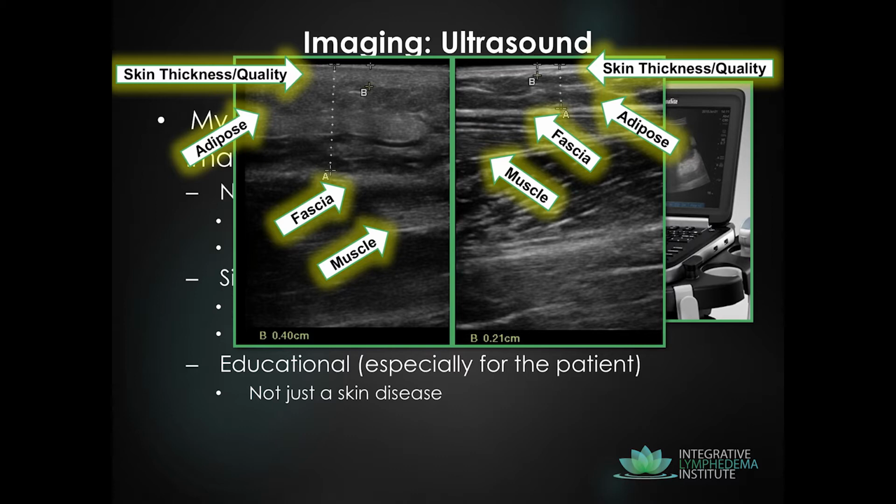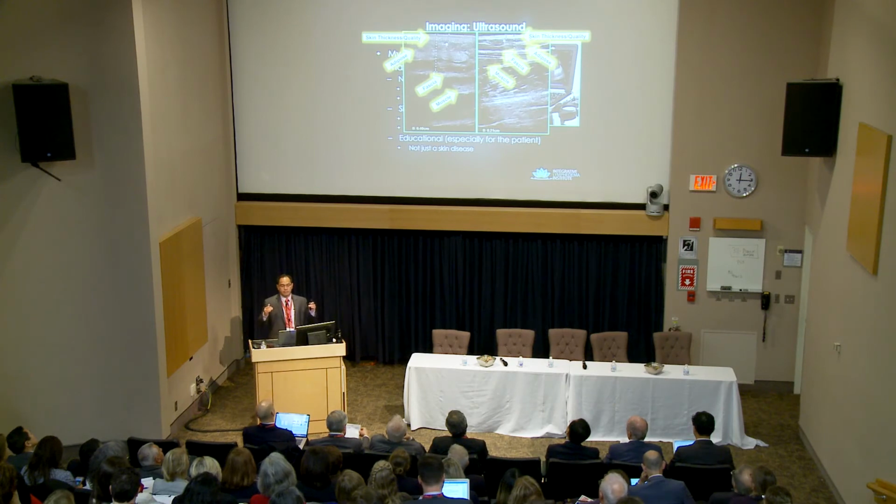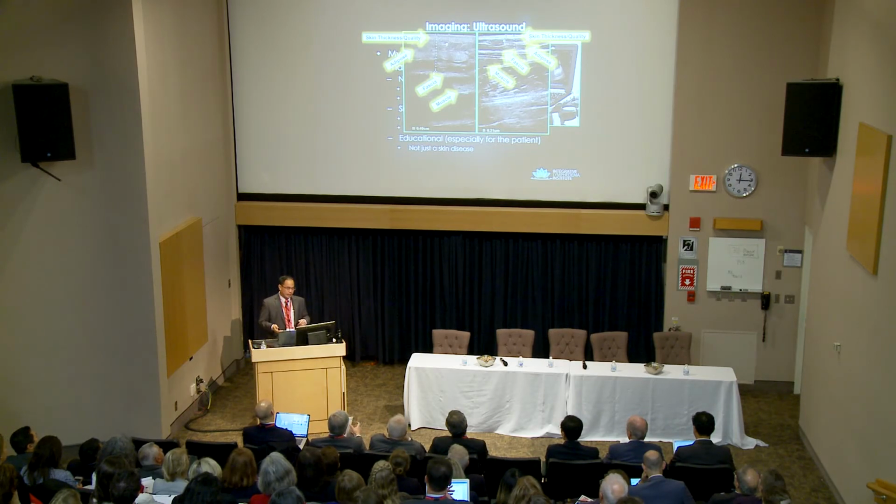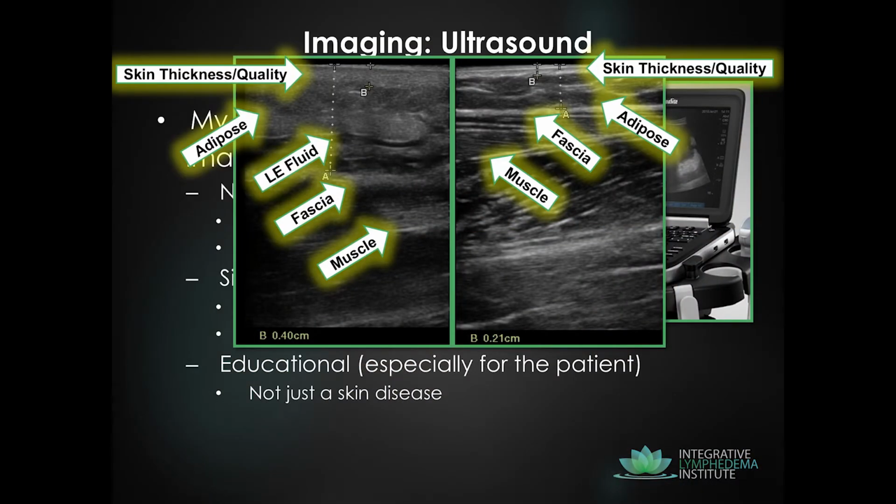You see the basement membrane fracturing on some of these patients. That's a good sign in my practice on how controlled this patient is. If their basement membrane's all fractured, these are patients that are getting cellulitis, getting infections. Those are patients that we have to control better before we even think about surgery on them. And then, of course, there's the fluid. The lymphatic fluid is in patients that are completely not controlled.